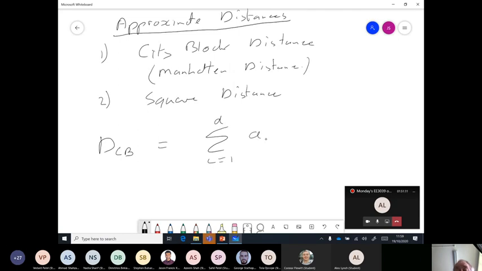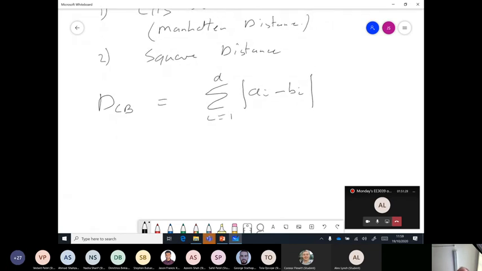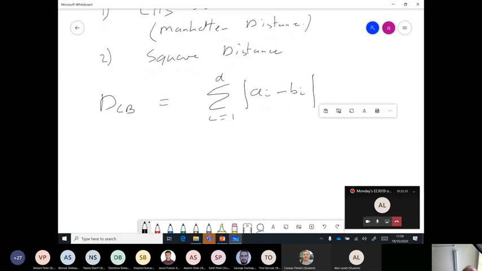We have ai minus bi, and instead of squaring it, we simply take the modulus. We're therefore eliminating the multiplication, and that will go 10, 20, maybe 100 times faster than the Euclidean distance. And so there is the equation, and the work I want you to do before the next lecture is